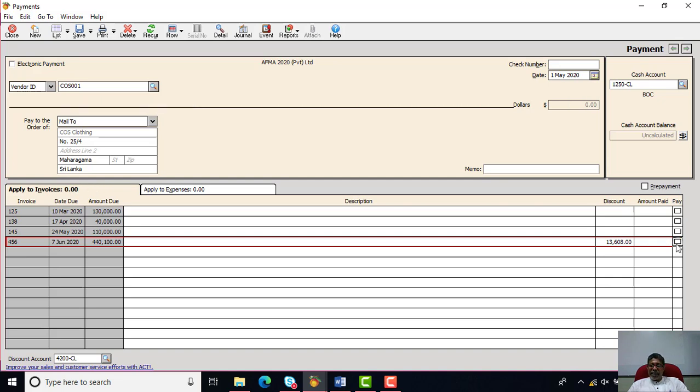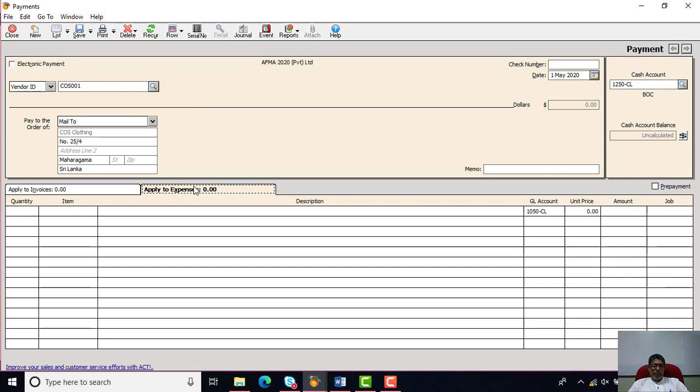But in case you are going to make a part payment to this, automatically this discount will disappear. So no more discount when the part payment is made. You can see when I type the part payment, the discount is disappearing because we are not eligible to get the discount at the time when we are making the part payment. So this is how you can make the payments to the vendor for their outstanding bill. Other than that, in this particular tab, that is the apply to invoice tab, it is showing all the outstanding bills. If you want to purchase something on cash basis, as I told you earlier, no invoices, but cash basis, in that case, you can select the apply to expenses tab.